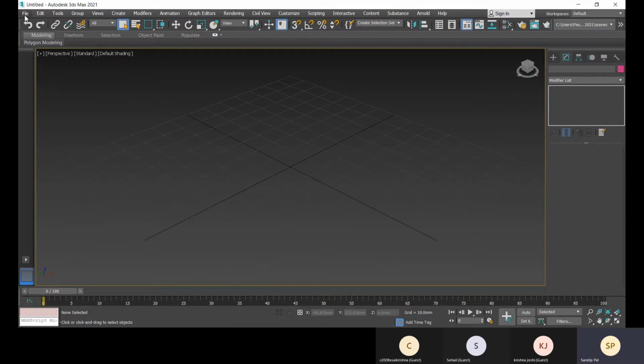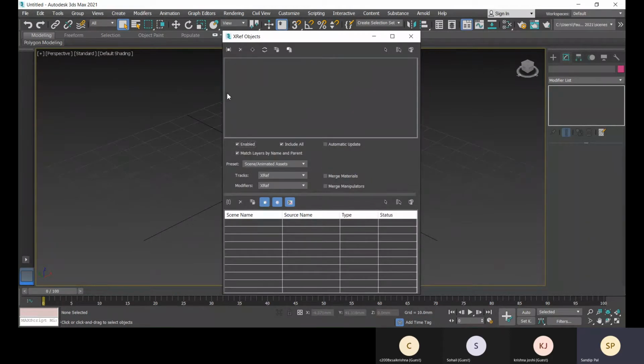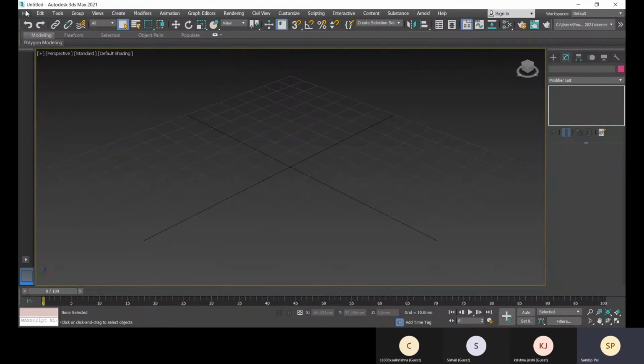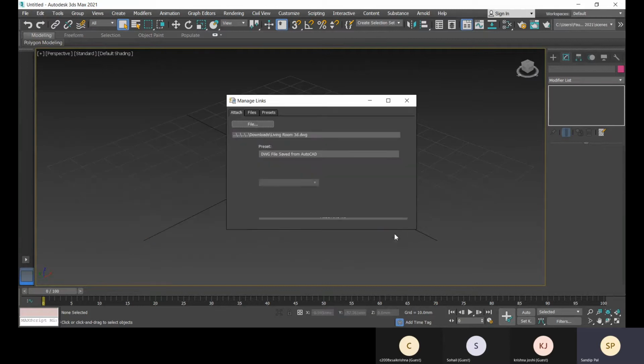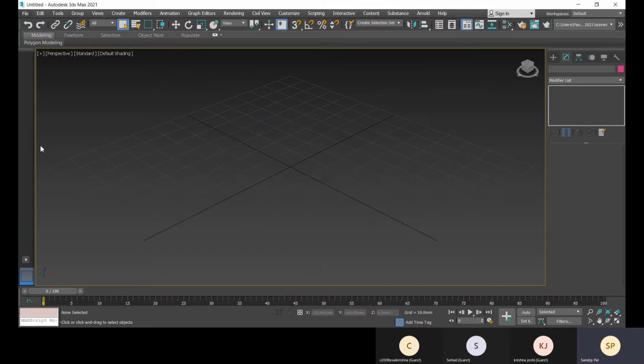Now what I'm going to do is go to file, and here this reference option is available, and here with xref, just a minute, the link option, yes, not that one.